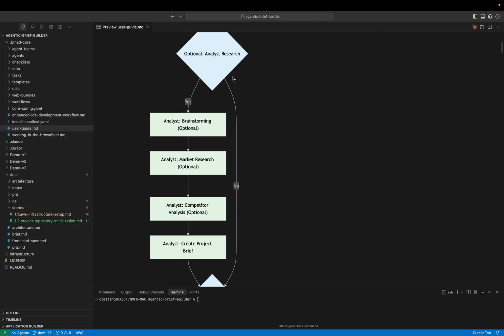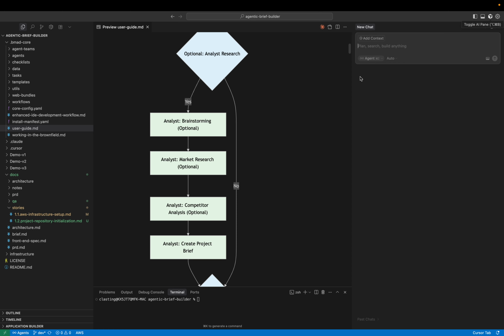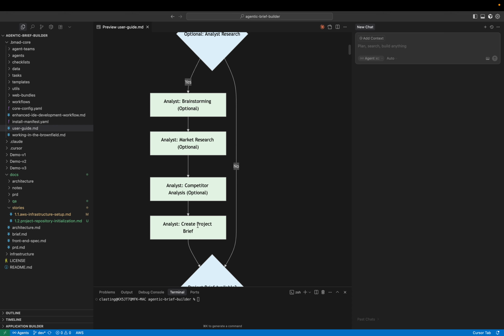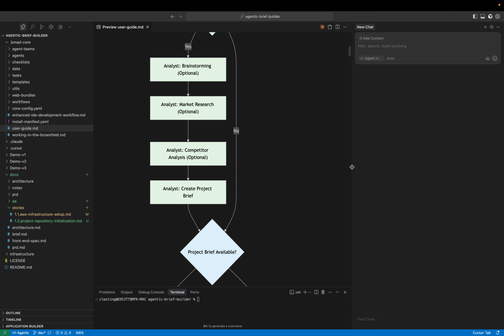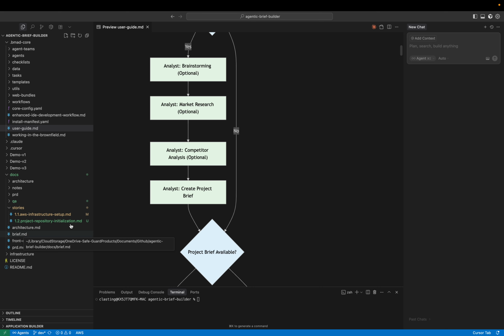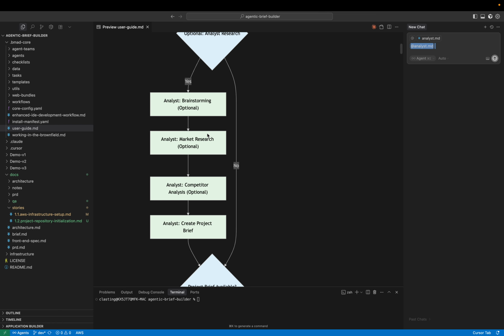The analyst is there to help you do brainstorming, market research, competitor analysis, but overall the objective of it is to create a brief.md. So you can see down here I've got a brief.md, and in the other videos I'll show you how you use this analyst, how you could call on it here. As you can see, I have it typed up here, but the objective of the analyst, like I said, is